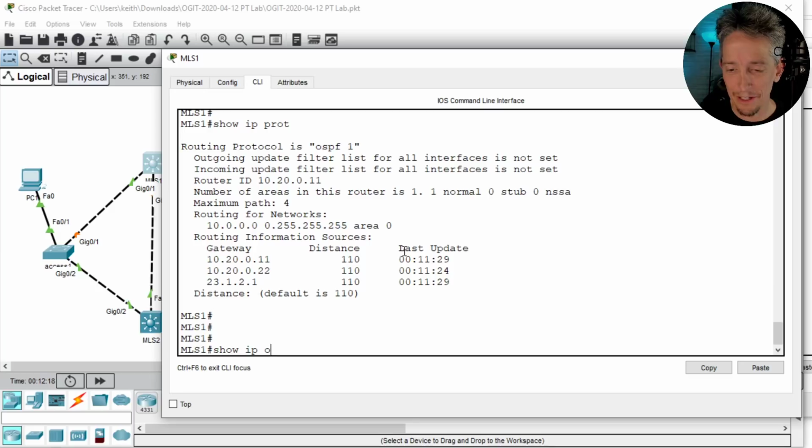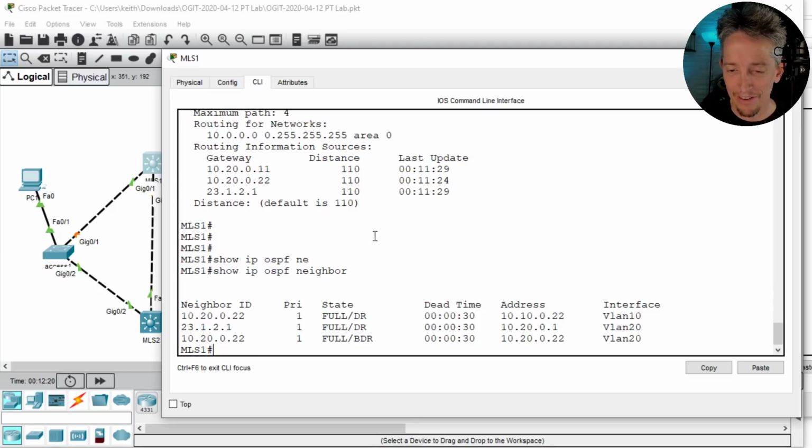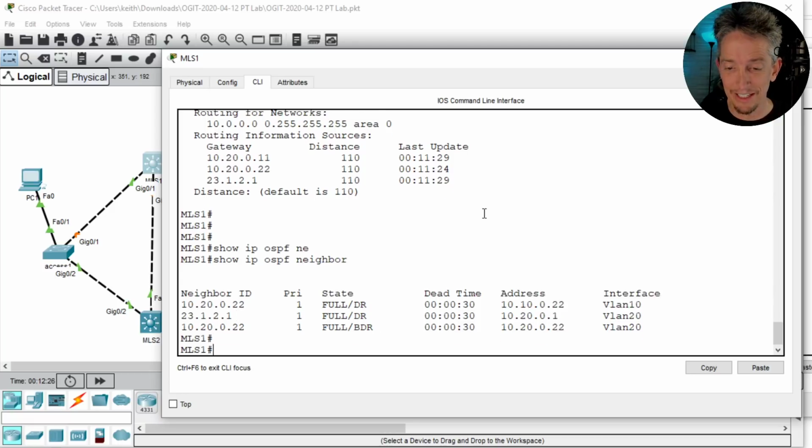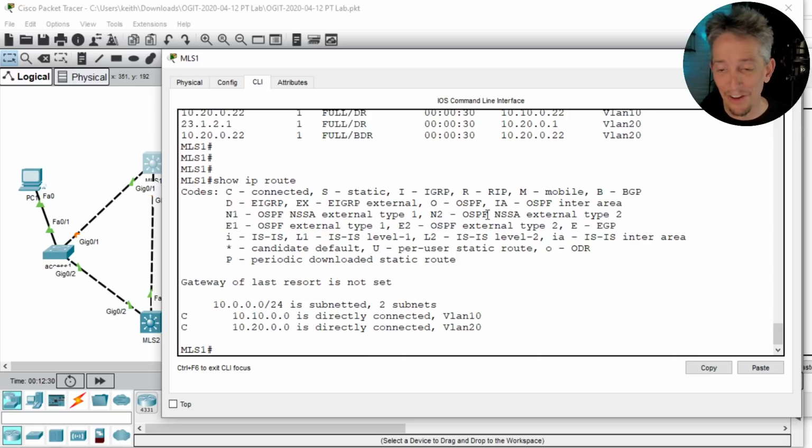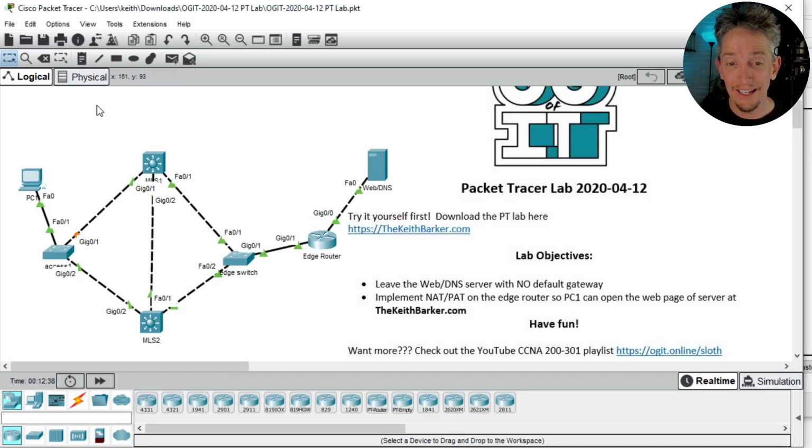Show IP OSPF neighbors. I've got neighborships. .22 is the last IP address of MLS2. So I've got full adjacencies here. Show IP route. Oh, I don't have a default route. All right. Okay, so basically what's happening is this was a NAT lab, but it's also now a routing